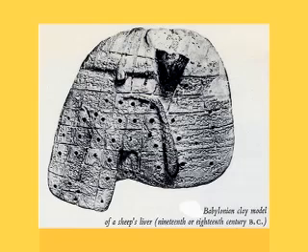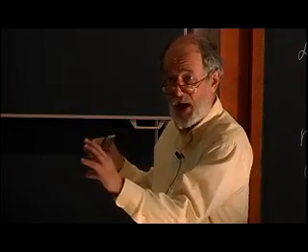Here you have, for instance, the Babylonian model. It's a clay model, an inscribed clay model of a sheep's liver, which was then used for extracting omens. You see all the inscriptions, they say which sign on the liver of the slaughtered animal could have an anomaly, which then would mean what is indicated on that model. So for sheep's intestines, livers, and so on, they were pretty sophisticated in the way they looked at these anatomically, but to project that into human anatomy is a different thing.